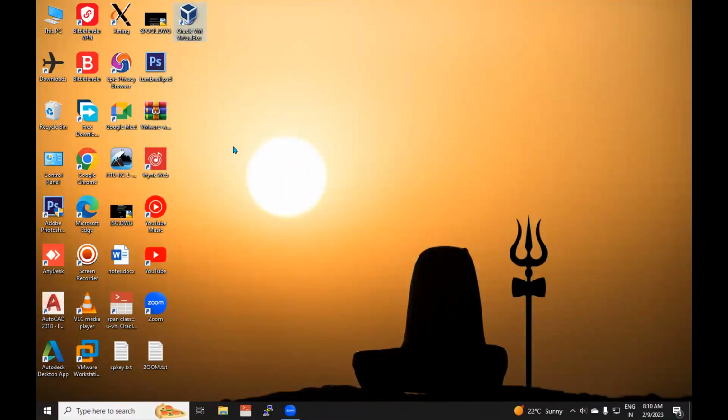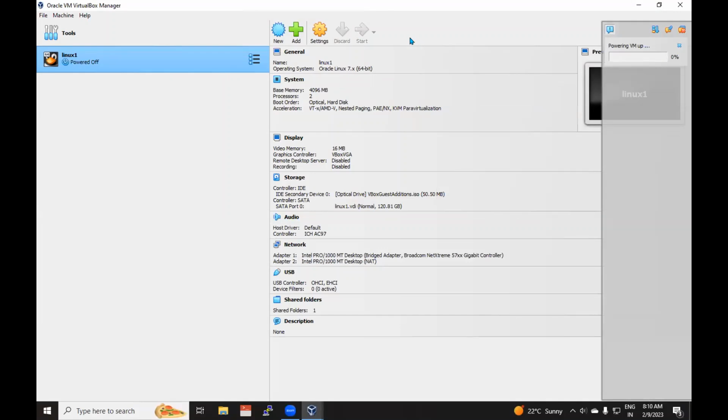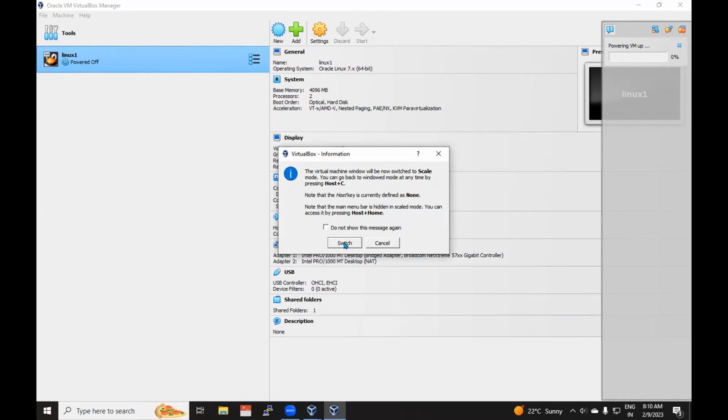Why is the VM box not open? Could you open this VM box and start the Linux? Yes, sir.